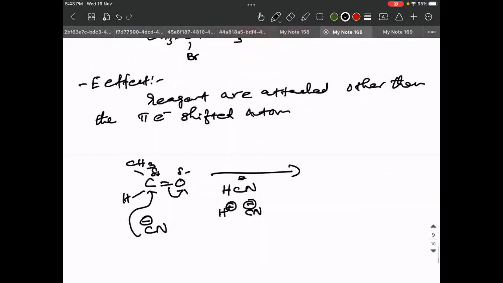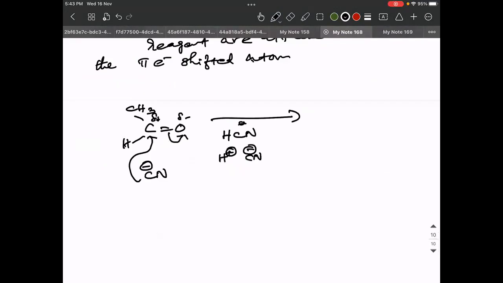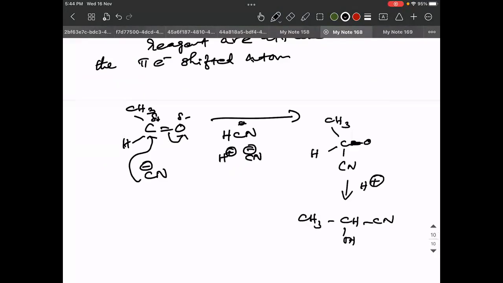This is called acetaldehyde cyanohydrin. Otherwise, nucleophilic addition of carbonyl compound is minus C effect. Okay, electrophilic addition of the carbonyl compound is plus C effect. Both take place in the presence of reagent. If you are removing the reagent,